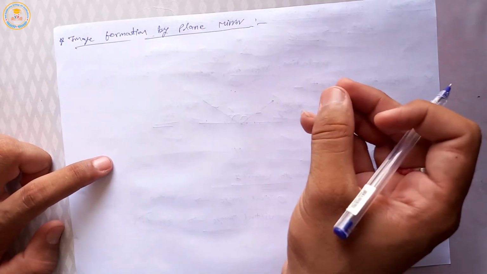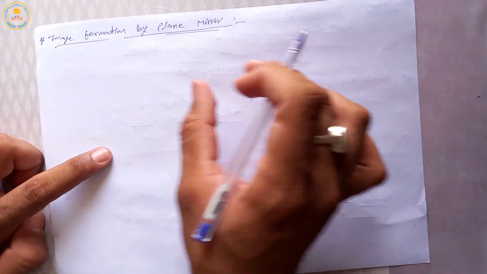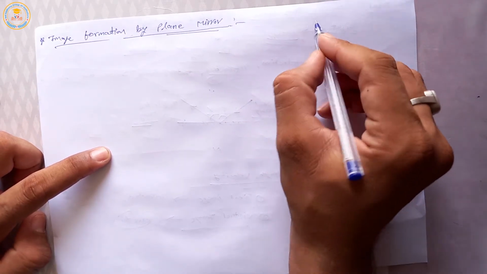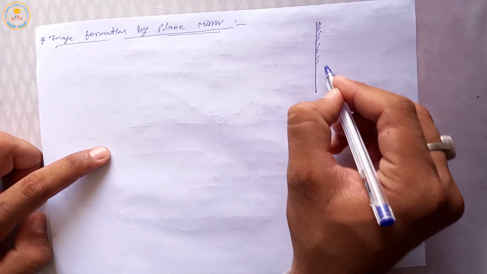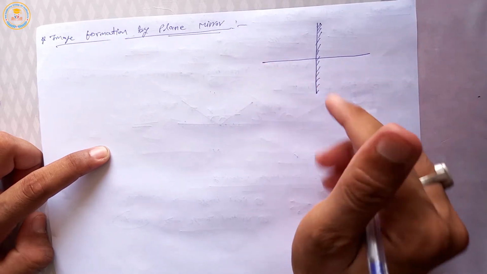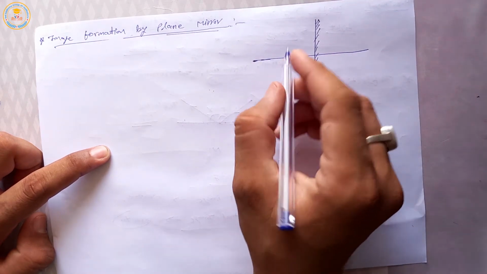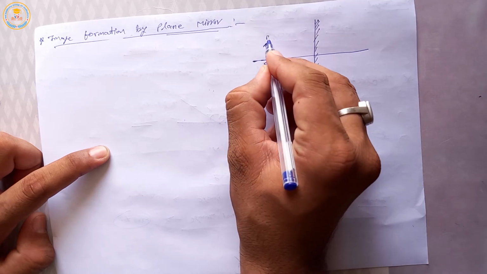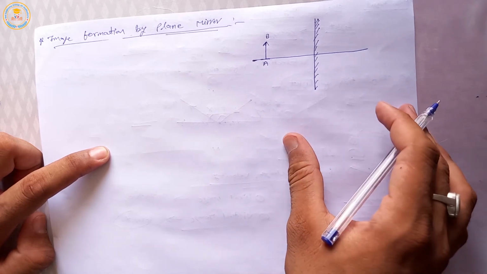ओके, डेली यूज में अपन इसको यूज करते हैं, तो प्लेन मिरर, इससे अपन इमेज फॉर्मेशन बना रहे हैं. देन सपोज वी हैव ए प्लेन मिरर, दिस इज ए प्लेन मिरर, एंड दिस इज ए नॉर्मल of this plane mirror. Okay, and we can say this is a surface and an object, this is object AB placed in front of the mirror. Then in this situation,